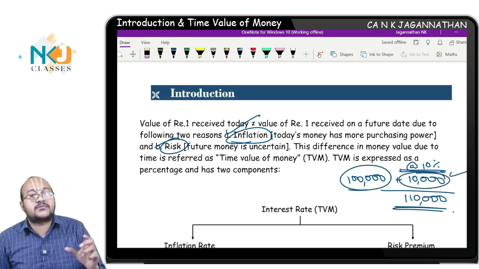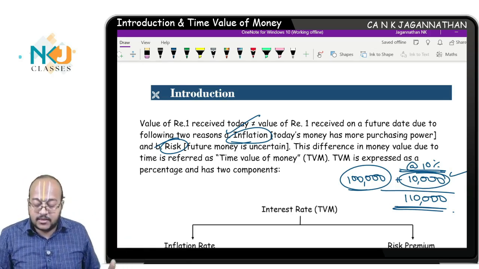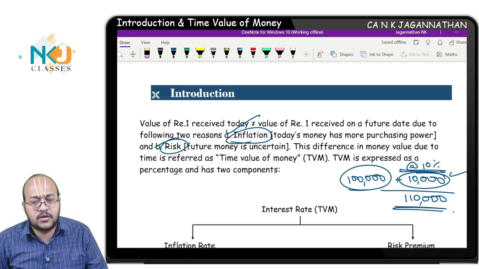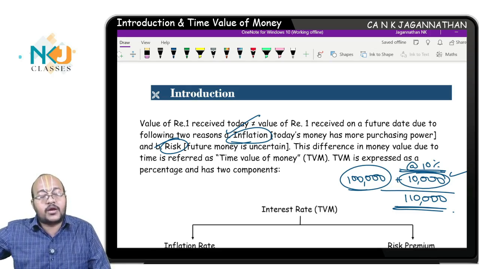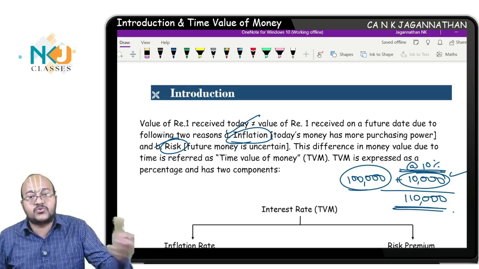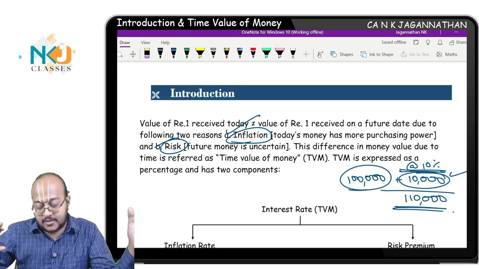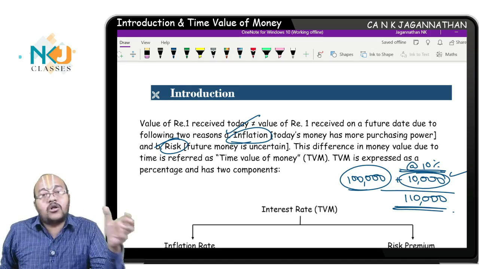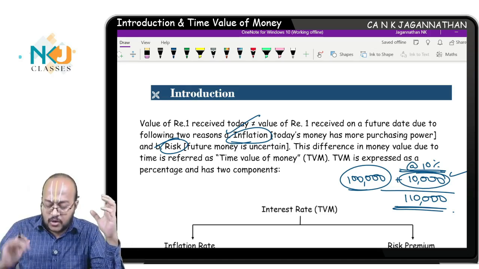That interest is a compensation for these two things which we discussed. One is compensation for inflation. Because of inflation, your money, the 1 lakh rupees you deposited today, since today's money is more valuable, next year due to inflation you cannot buy the same amount of things using 1 lakh. So your money value is getting diminished, and you need compensation now. The bank will pay you compensation, right? Not only that, it also needs to pay compensation for risk, so for that reason also it will pay interest.